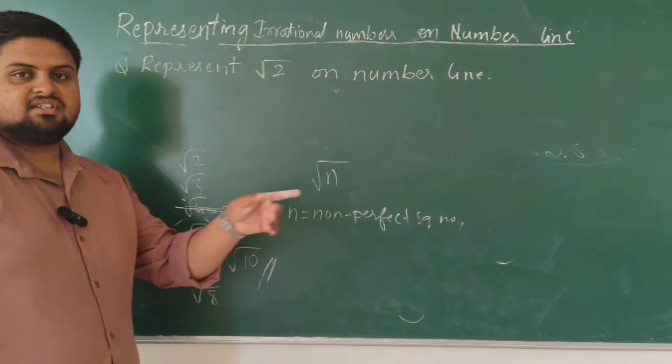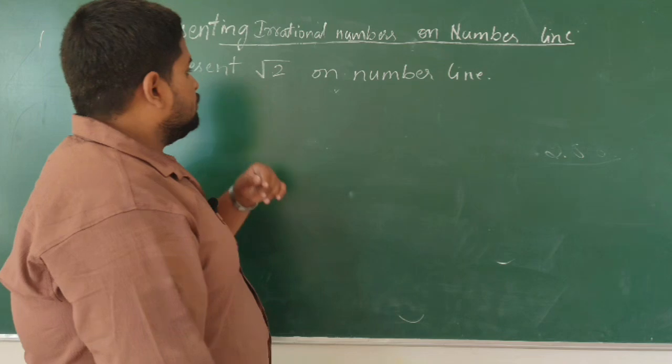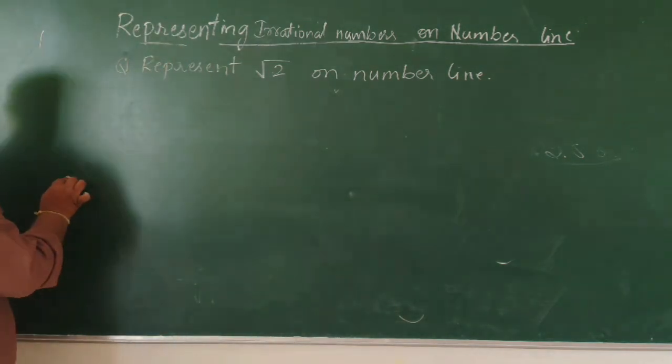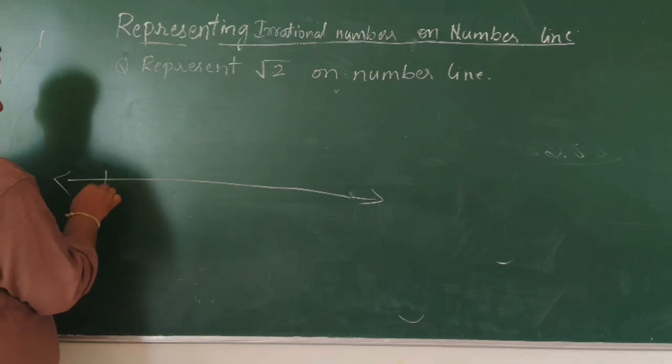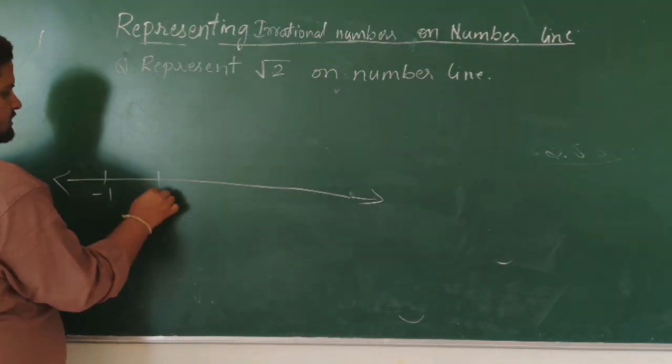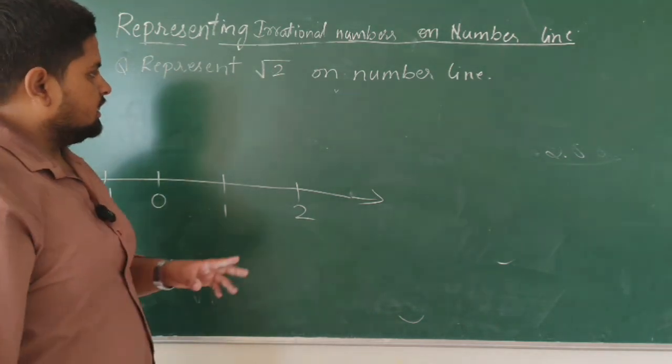Now let us try to represent these kinds of numbers on the number line. First let us try to represent root 2 on the number line. To represent root 2 on the number line, first I will draw a number line. -1, 0, 1 and 2. Okay, so